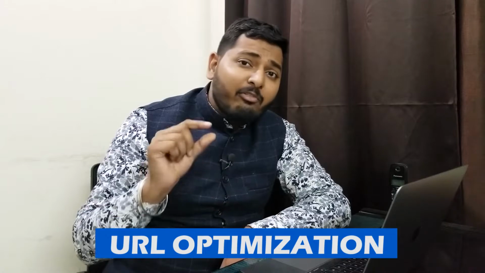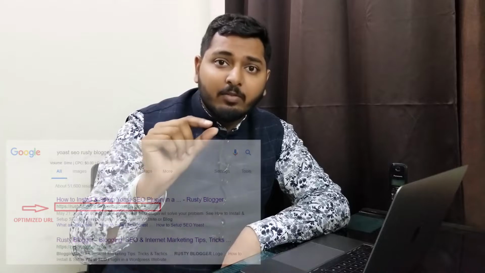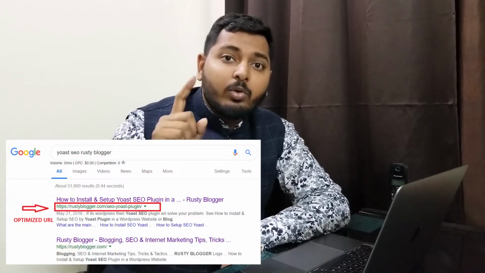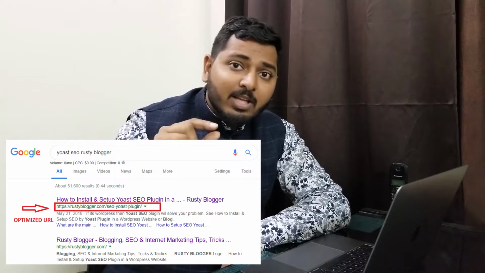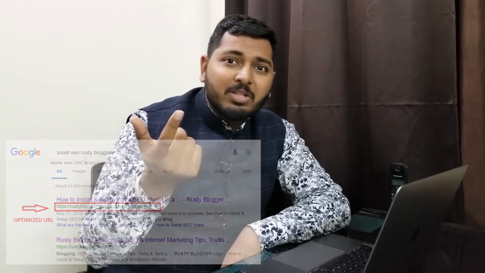Another on-page factor is URL optimization. We have to make our URL very crisp. In URLs, we have to insert our keyword. And remember, don't use stop words. Stop words are those words which don't carry any meaning for Google, like to, like how to, like why. Don't use these kinds of stop words. There's a total list of A to Z stop words. I'll be telling you the link of the stop words, and you can see which stop words not to use